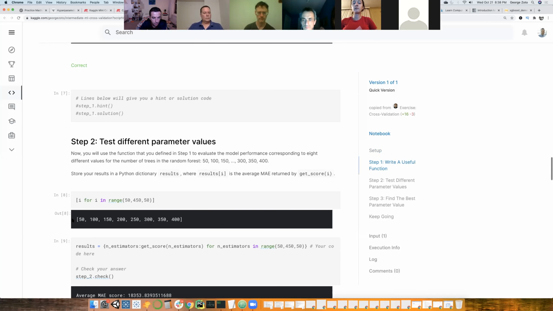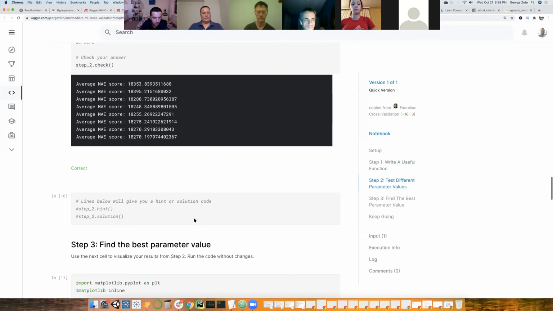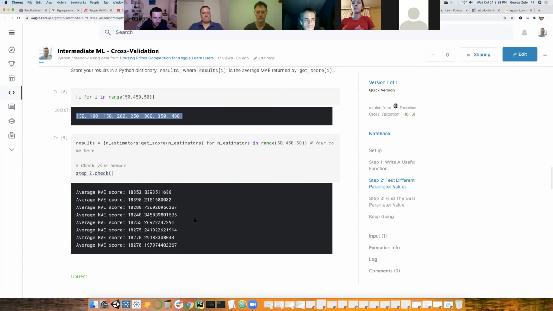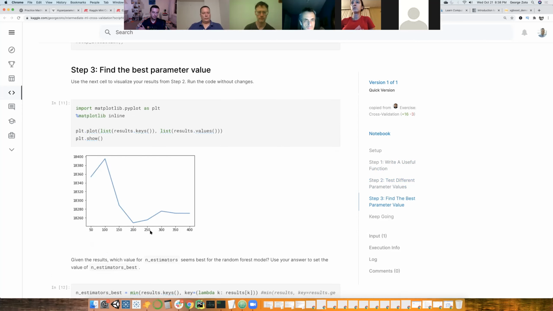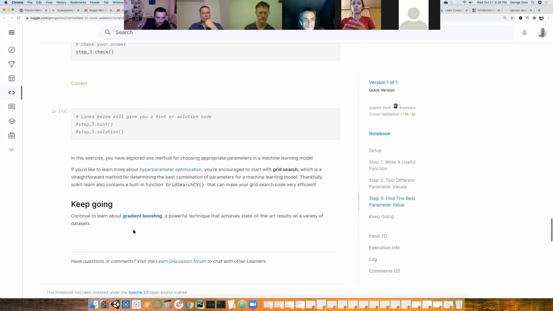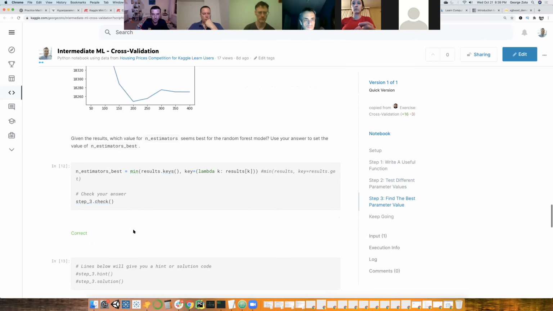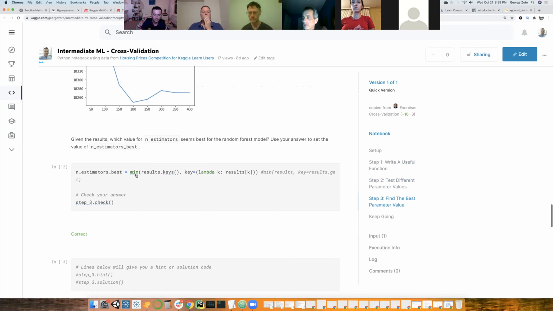And then we tried different numbers of trees for our forest, and we looked at the one that had the lowest MAE, and it looks like around 200 trees we have the lowest. So then we take that, and I think we can use some more hyperparameter tuning, or we can explore other options, but keeping this parameter now fixed at 200.